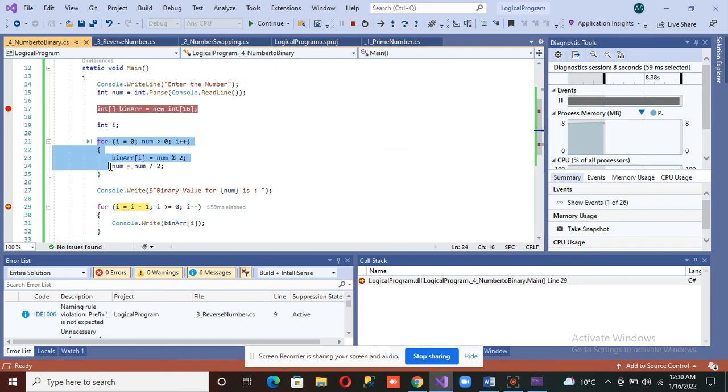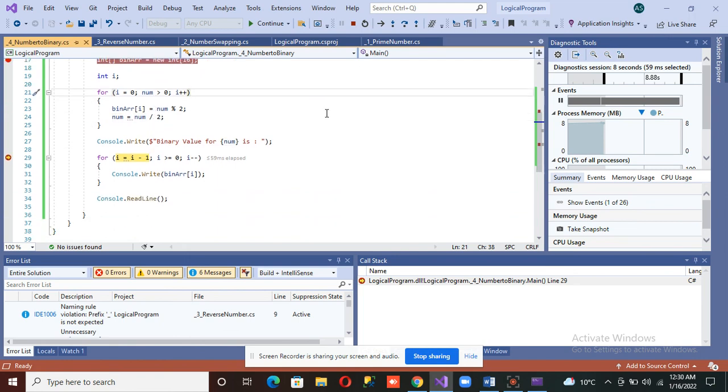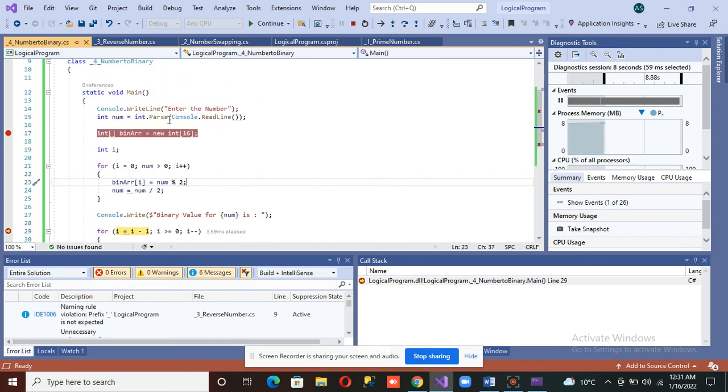Once we complete this loop, I was 6. Why is that? Because once the loop ended, the I value increased. It started from 0 to 6, but num is not greater than 0, so it exits the loop. Now we have the array till 5. You can check that we have array from 0 to 5. We have 6 elements, but the indexing is from 0 to 5.